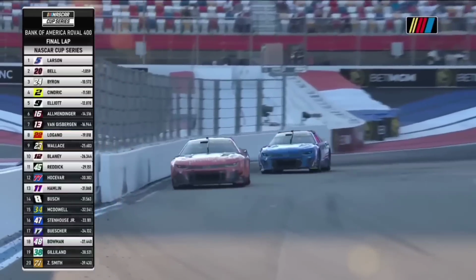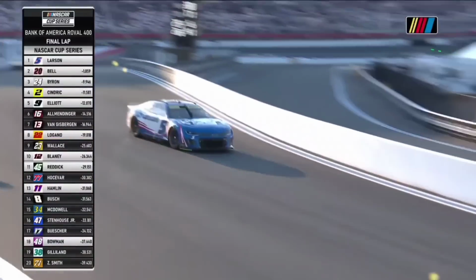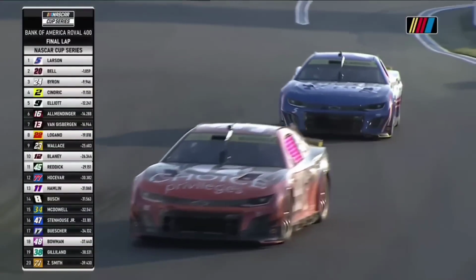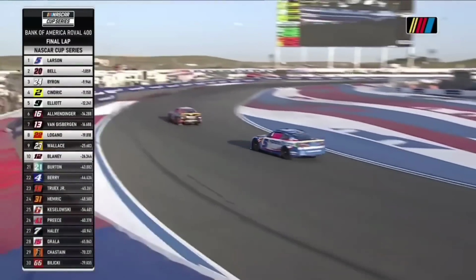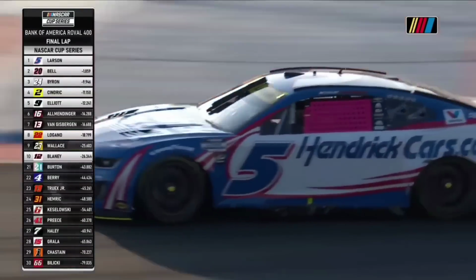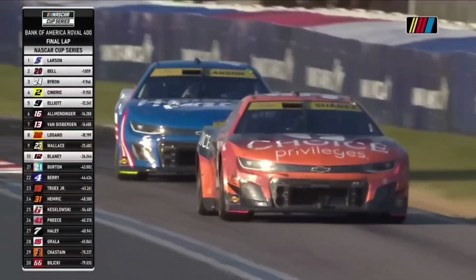Christopher Bell isn't close, but he's close enough that the 5 has to be very careful with this 99. You don't want to make a mistake at this point. You see maybe 25, 30 car lengths back. I mean, it's a big, big gap. But at a track like this, we have seen some big mistakes. I don't expect that out of the 5, but he has to figure out what he wants to do with